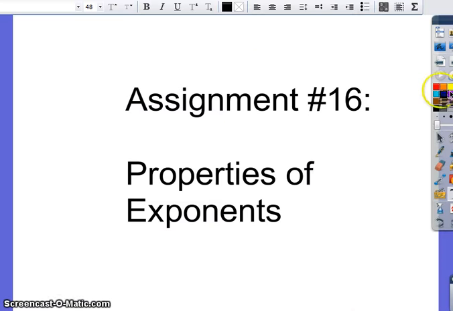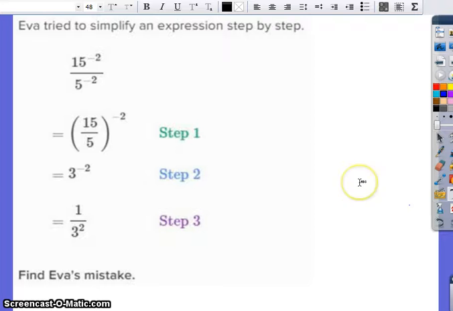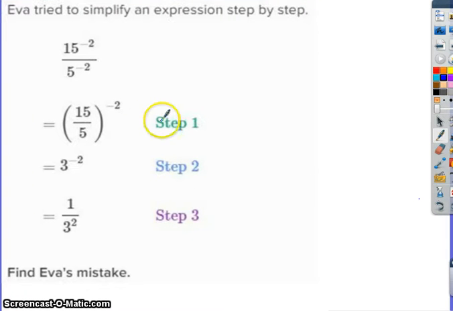And assignment number 16 is going to cover the properties of exponents in a way that I really like. So I did just write the test and the final, and you are going to find these types of questions, that is, questions where you have to find the mistake. So there's going to be 2 or 3 of those on the test. And this one,